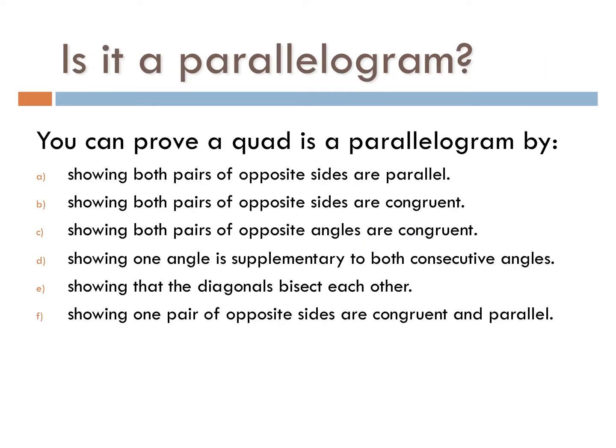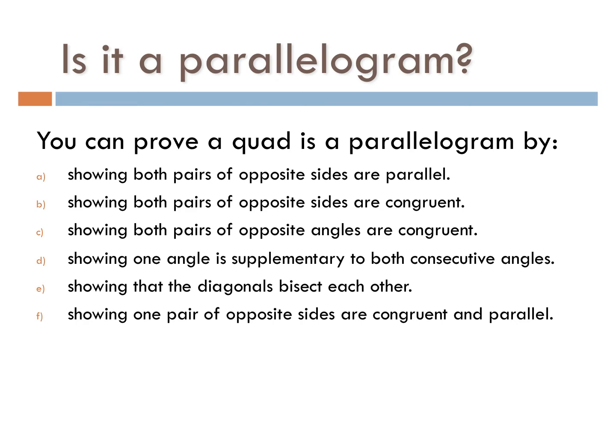So then sometimes you're going to be given a problem where it's going to ask you, is this a parallelogram? And here are the ways to prove it. You can show that both pairs of opposite sides are parallel, that both pairs of opposite sides are congruent, that both pairs of opposite angles are congruent, that one angle is supplementary to not one, but both consecutive angles. You could show that the diagonals bisect each other, or you could show that one pair of opposite sides is